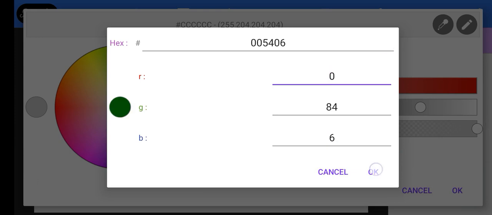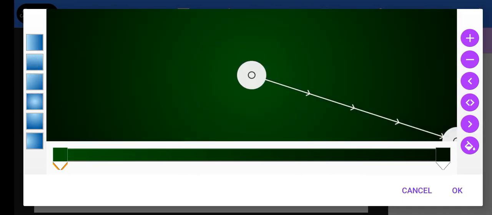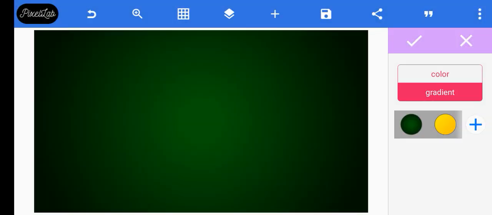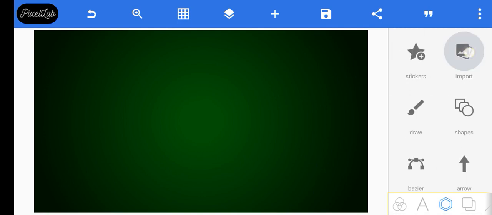And we have it. So the next thing you do, we have different gradient styles. You have gradient 1, gradient 2, gradient 3, gradient 4, gradient 5, gradient 6. We're going to make use of gradient 4. Then I just bring this a little bit up and this up also, just to give it a feel. Okay, so after doing that, then I go to my gallery to import